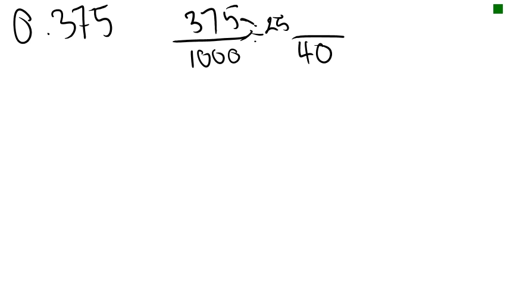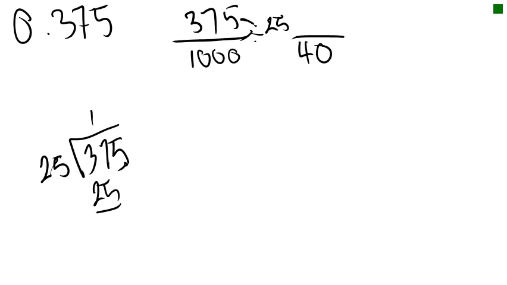So we want to do the top. So let's do our long division here. 25 goes into 37 once. It's 25. That's going to leave us a 125. So 25 goes into 100 4 times. $1.25 would be 5. I need 5 quarters for $1.25. So we have 15 times. Okay, so